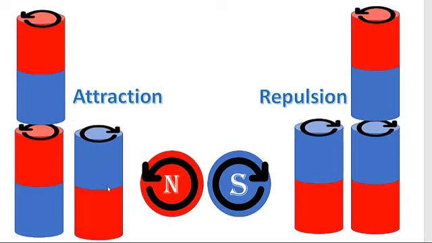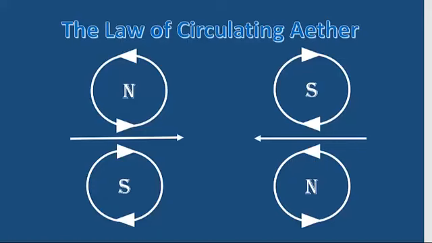cylinders are side by side and they're spinning in opposite directions, they attract. And when the cylinders are side by side and they're spinning in the same direction as each other, they repel. But if you have cylinders lined up axially and you spin them in the same direction, they attract. And when you line them up axially and you spin them in opposite directions, they repel. And so what I did was I made a little